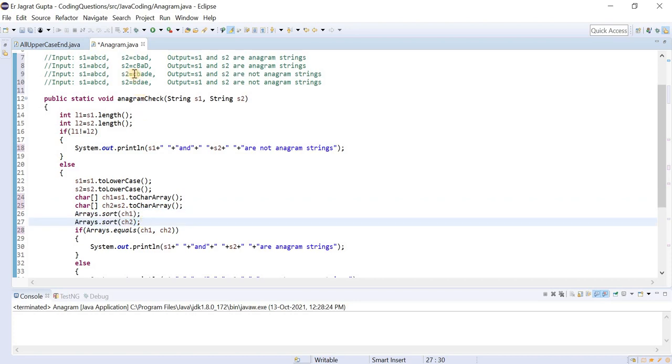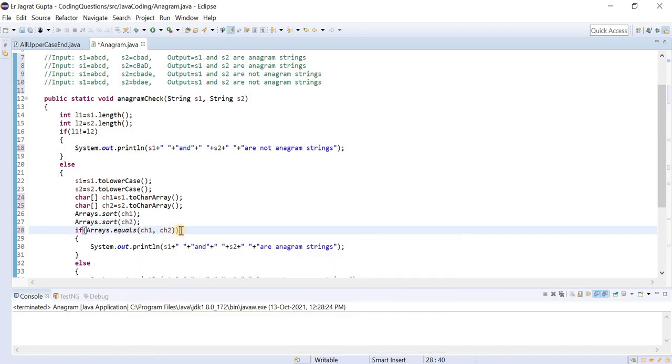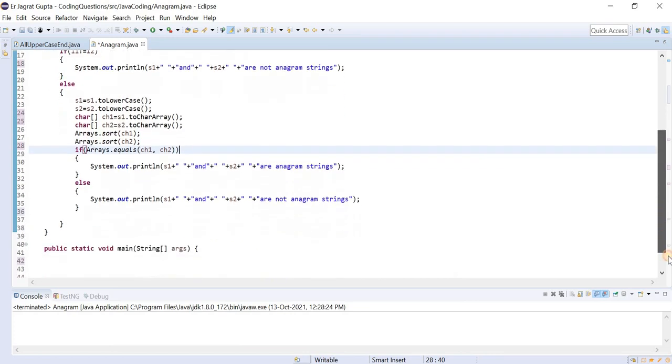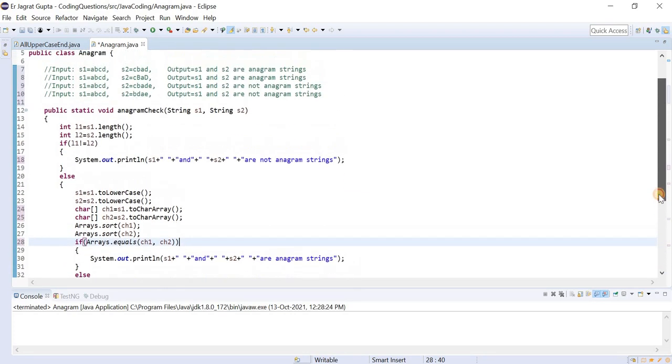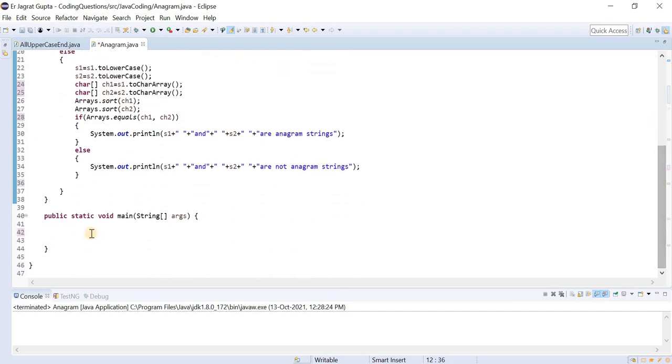Then we check whether those arrays are equal or not. If equal, then those are anagram strings, otherwise not. Now let's check whether it is working fine or we need to do modification in this code. This is the approach that I followed here.